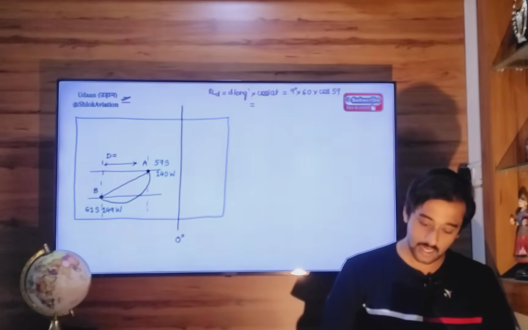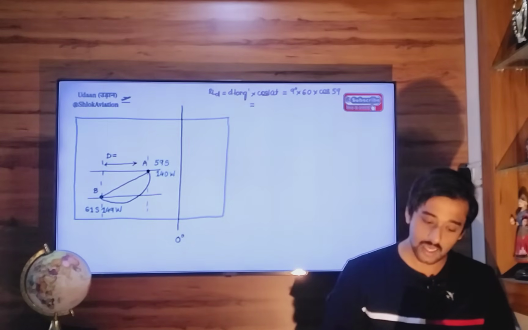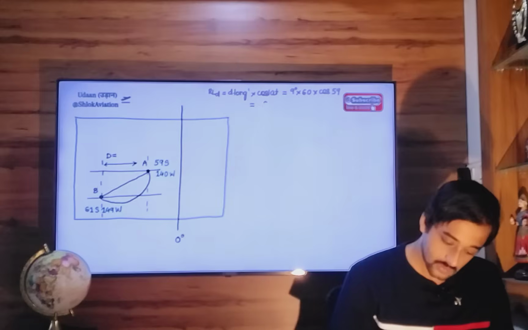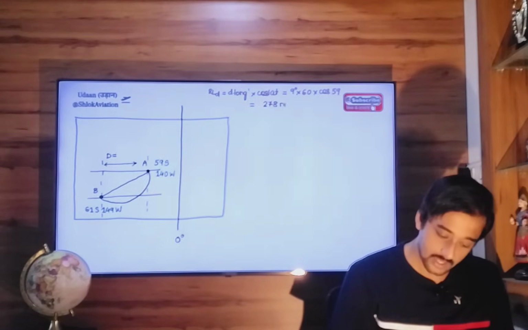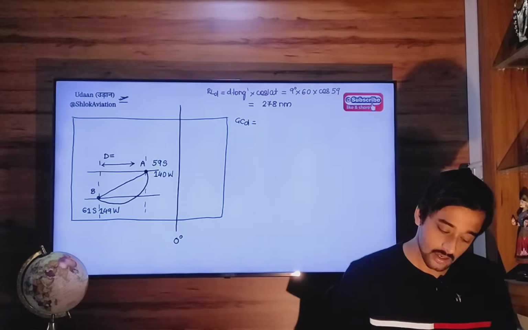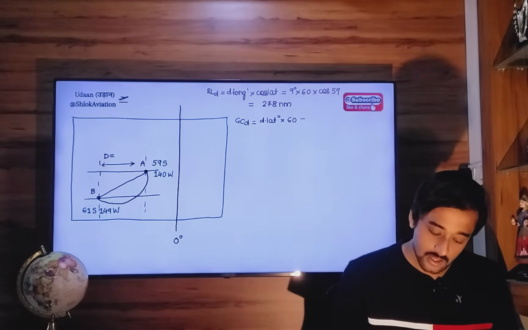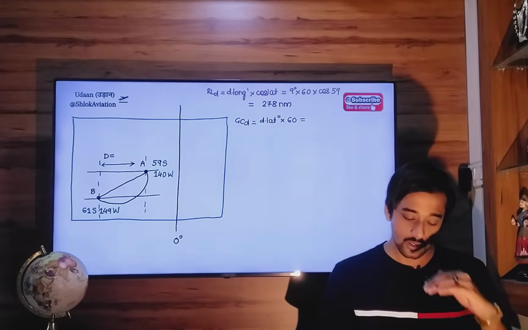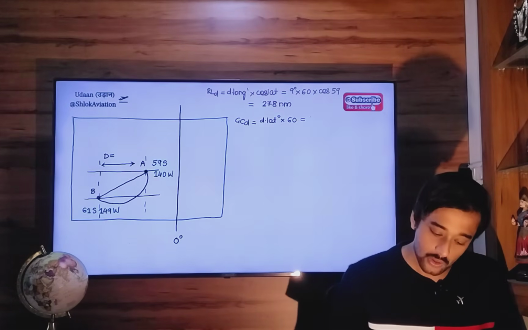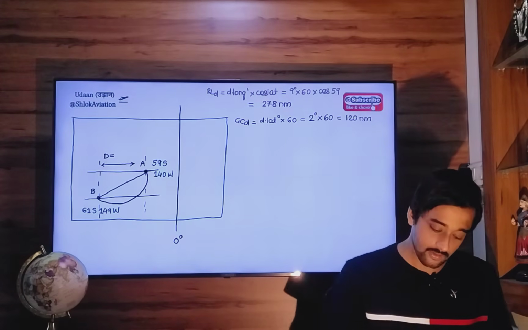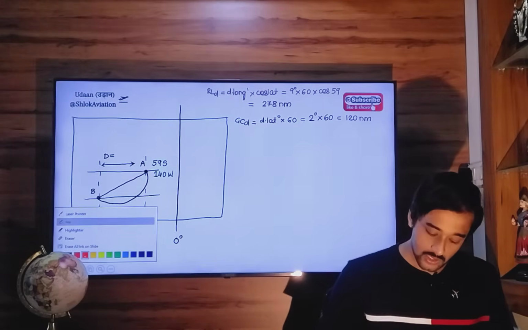So cos 59 into 9 into 60 is 278 nautical miles. Next, great circle distance: the difference between two latitudes in degrees multiplied by 60. The difference between 59 south and 61 south is 2 degrees into 60, so 2 times 6 is 12, 120 miles. So we have this triangle whose two sides are